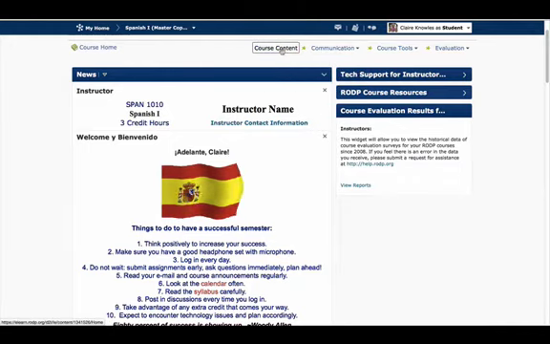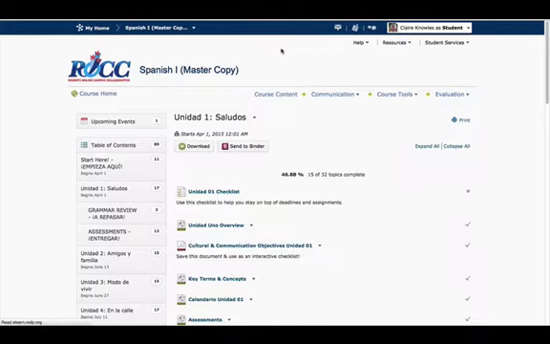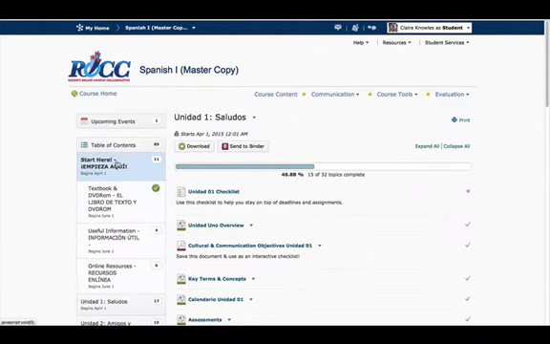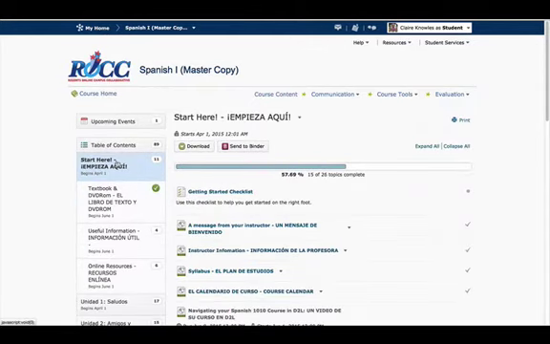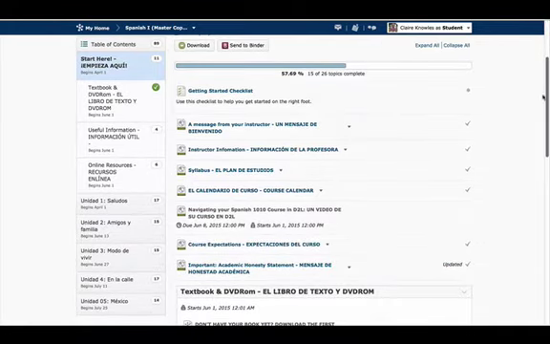Next, we'll click on Course Content. Here you will find the bulk of all the information that you need for your class. As you can see, I've already started clicking through these topics. Start here with Empieza aquí, and this is the first module. First module is split into 3 submodules, but we will start with the first one, which contains all the information you need to start in your course,